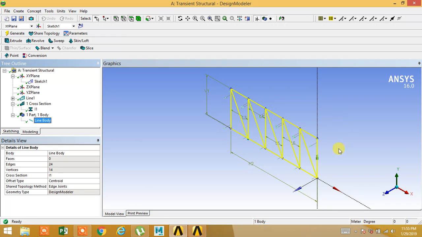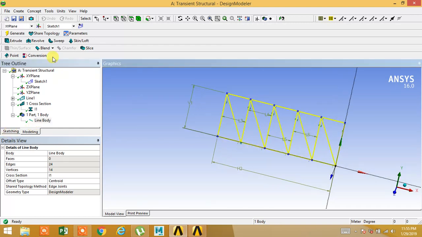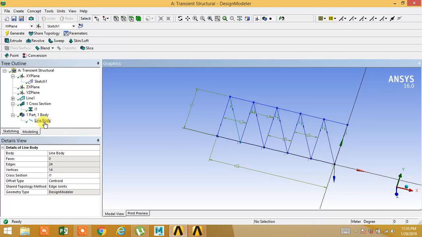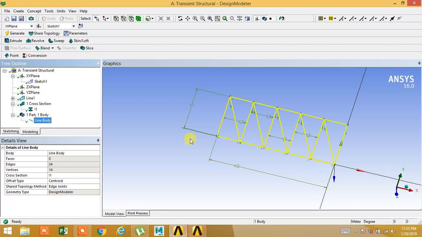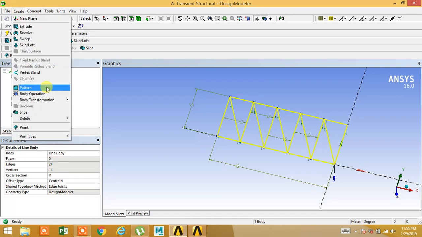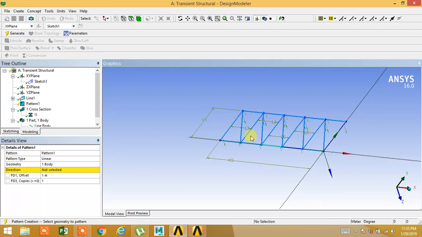Now we do not want to repeat this procedure, because there is an option called pattern, like a copy paste. We can create a copy of this line body at the distance of the span, width is 16 meters, right? So click on this line body, click on concept, click on create, click on pattern, apply,